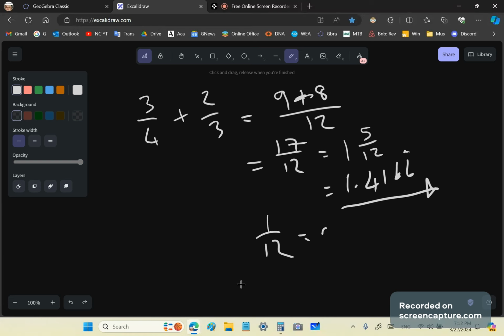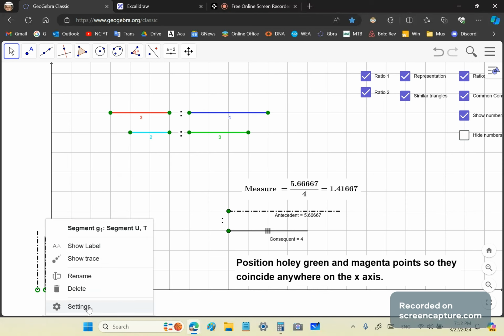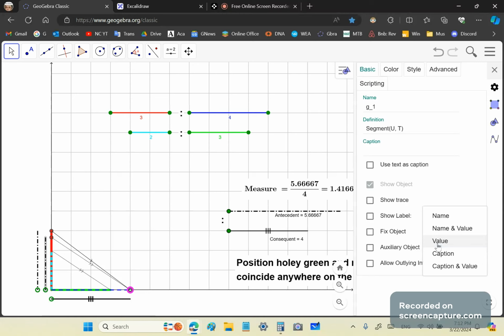Which would be 0.41666, right? And if we had to actually put in the values here, so if we had to say settings, show the value, and show the value there, okay, then,